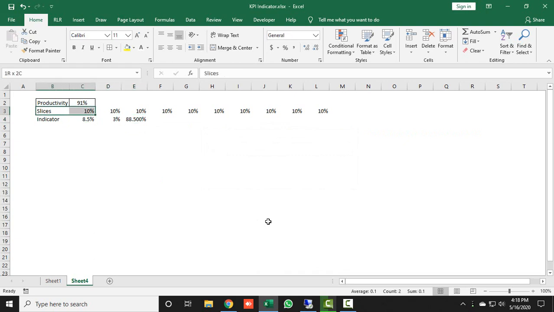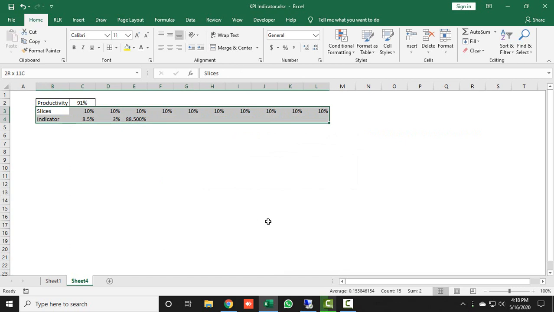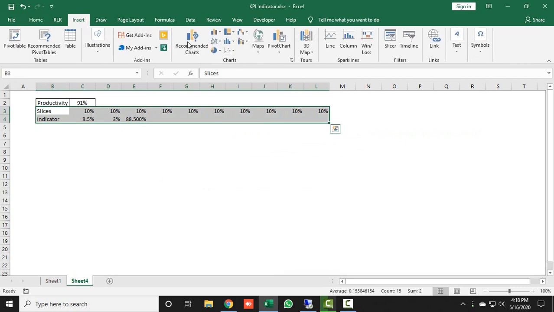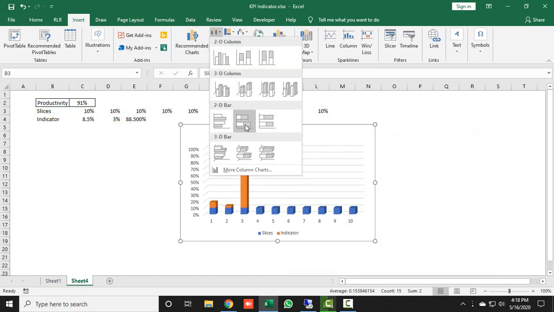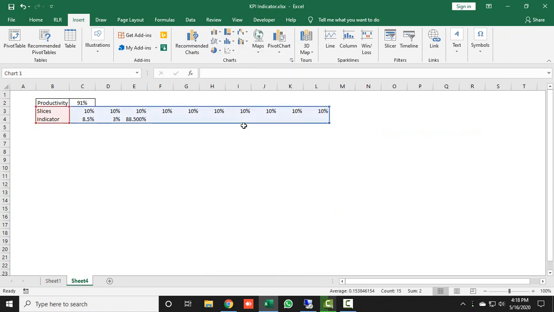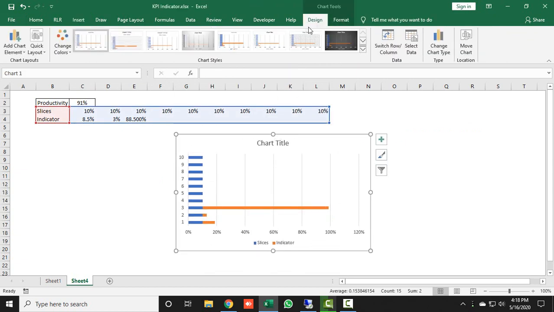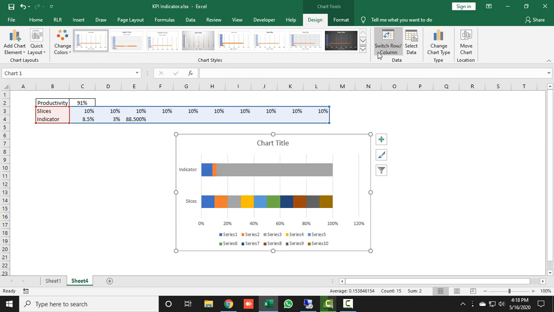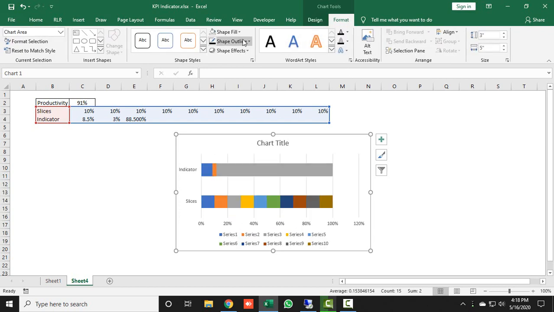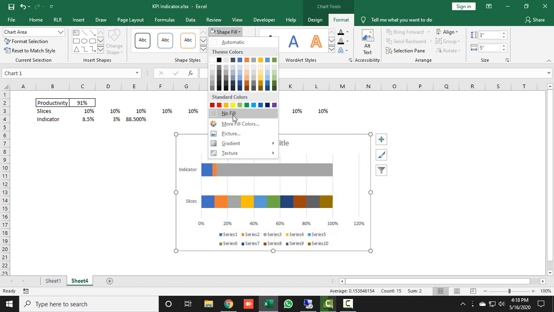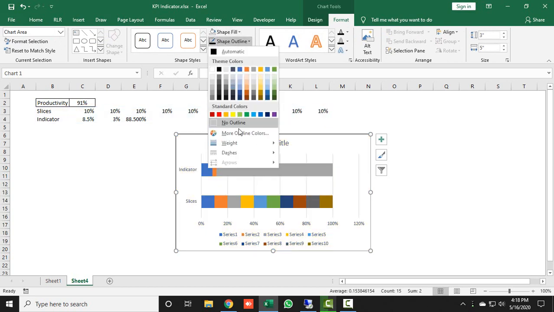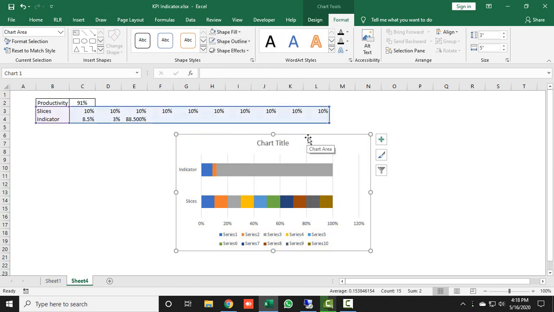Just select this data and go to the Insert tab, click on Column, and here I will take this one, which is the 2D stacked bar. Select the entire chart, go to Design, click on Switch Row/Column, then click on Format and set shape fill as no fill and shape outline as no outline.